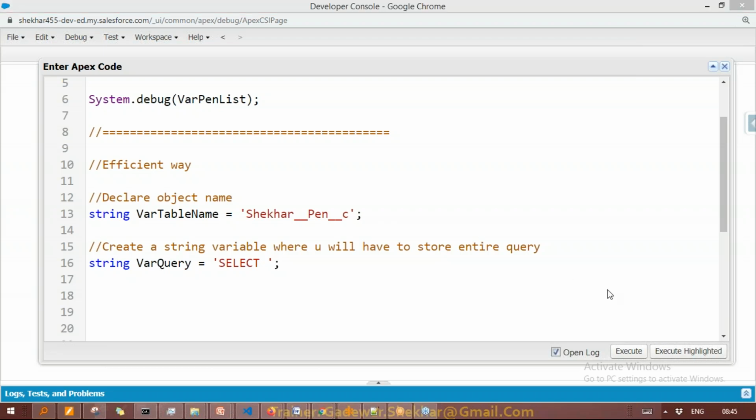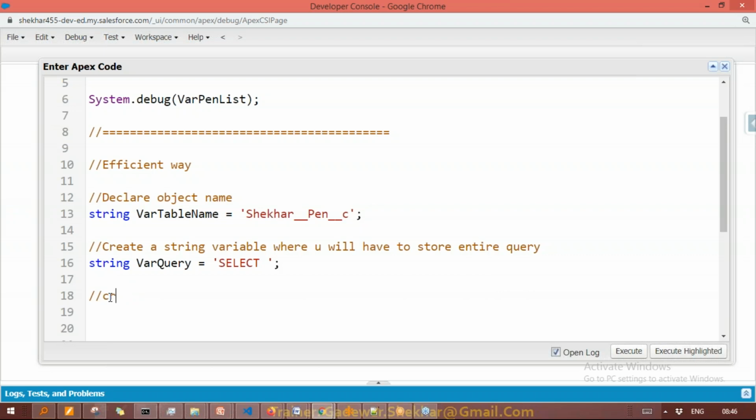Now next step. We will create a list of the tables, because we need a list for our code. So we can use a collection to store this kind of table names. If I want to store this table name in a collection, of course my collection should be of type string, because this is string data.